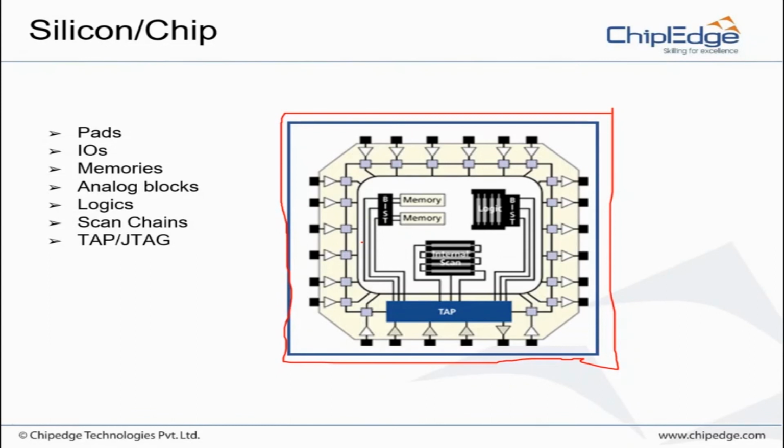So this picture will give you an overview. If I have memories, I have a memory-based test. If I have digital logic, the internal scan chain structure is the best. And maybe I can use the logic bits for some of the existing scan chains, and I will use boundary scan for IOs. So we have different test structures and test logic shown to test the different structures. These are the boundary scan cells which are already inserted here. You can see they are connected to the boundary scan logic. So basically, pads and IOs are together, and memories, logic blocks and logic scan chains come under digital, and this is the boundary scan which we are adding as a